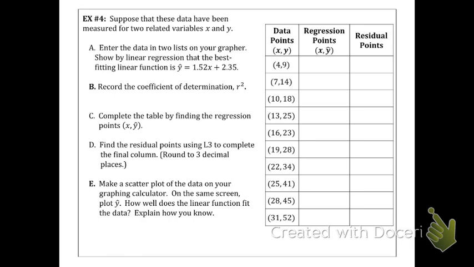All right, so in example 4, suppose the data have been measured for two related variables x and y. Enter the data in two lists in your grapher. Show via linear regression that the best fitting linear function is y hat equals 1.52x plus 2.35. Then it wants us to record the coefficient of determination, the r squared. And I think your note says something different, so you do need to change it because we're looking at r squared. In order to get r squared to show on our calculator, we're going to go to second,